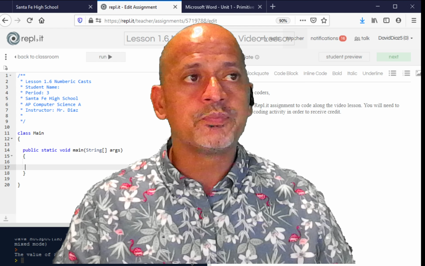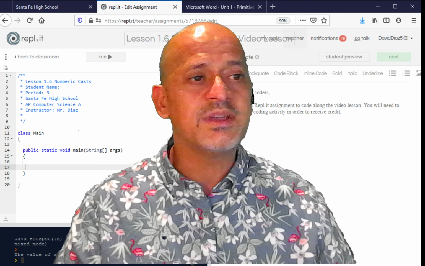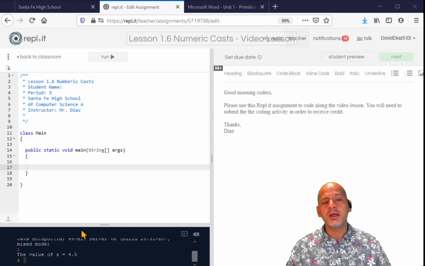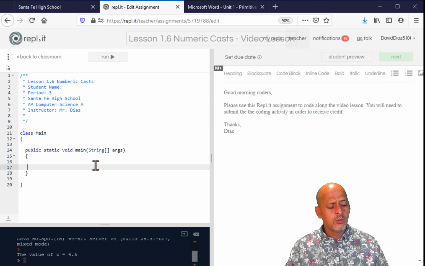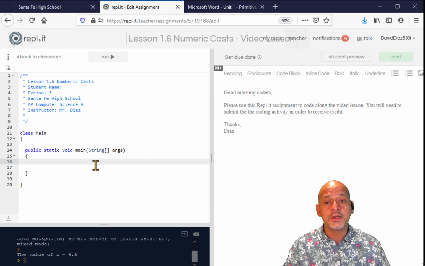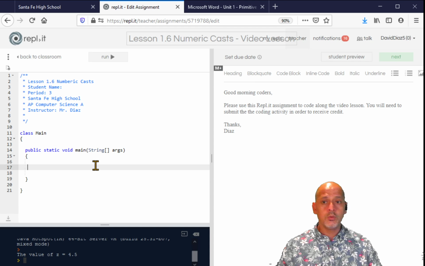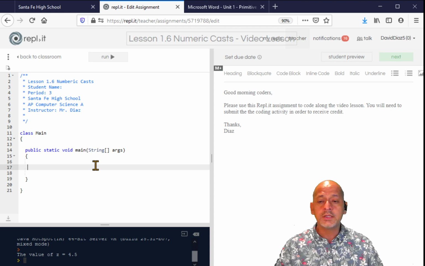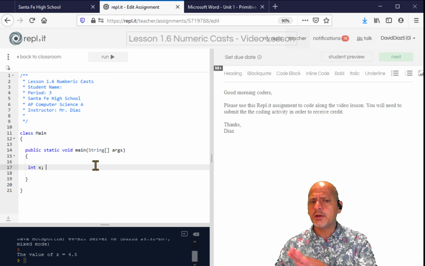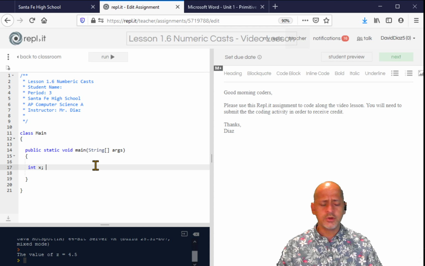Now today we are going to cover something that we actually talked about in section 1.4, which was numeric operations. So let's go through some of the things that we talked about then. Let's go and declare a variable x, and remember the difference between declaring a variable and initializing the variable. In this case, we are declaring the variable,